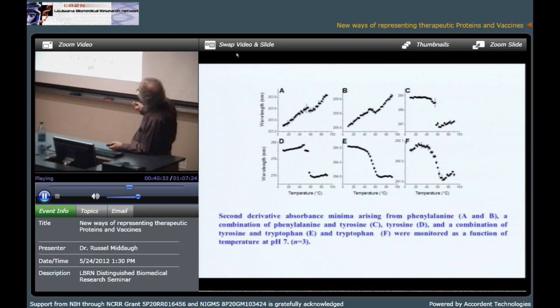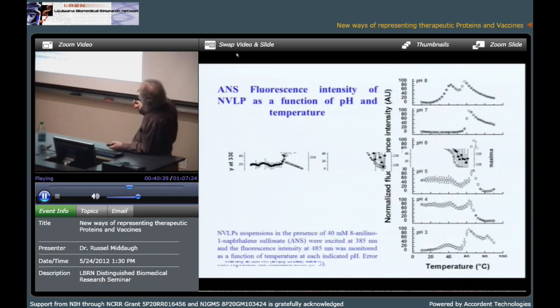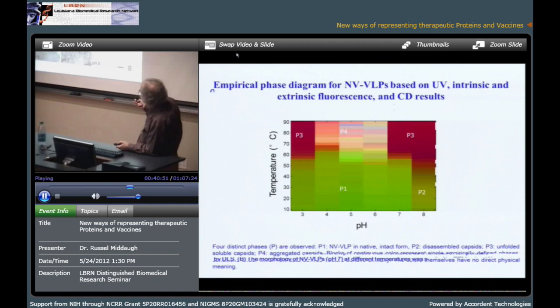We picked only 3 peaks in this case for the work, and here's some phenylalanine data right here, and here's data from fluorescence tryptophan emission as a function of pH. And I won't go on. It goes on. We actually looked at the particles. We actually used the images as one of the components. You can see at low pH, the particles are starting to fall apart. You can actually visually see that. Okay? I'll skip the rest.